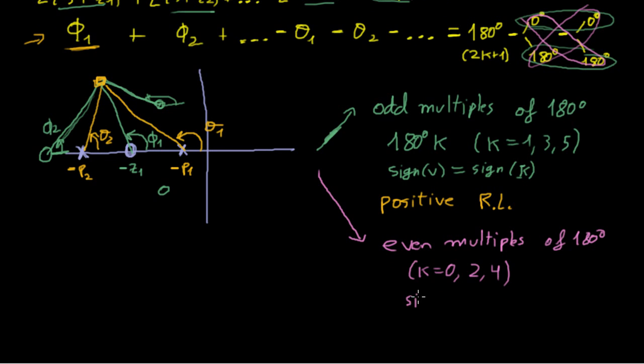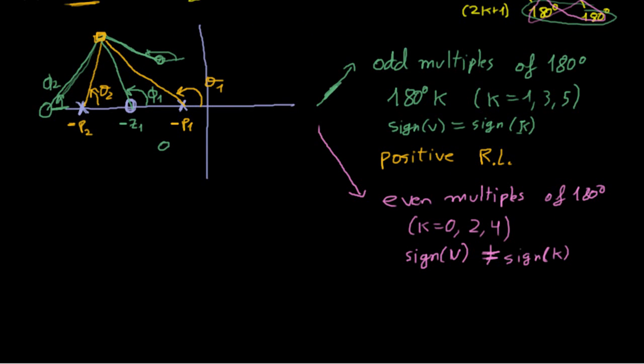So when the sign of v and the sign of k are different, when those two signs are different, well, in that case we say that the point is in the negative root locus. So according to this, we could draw the whole root locus by checking